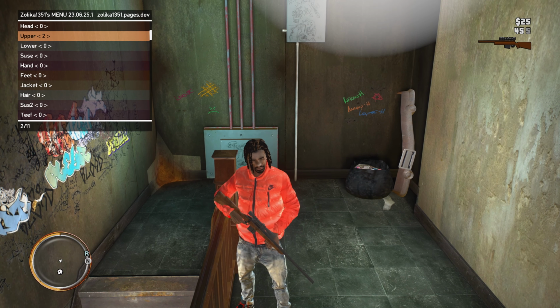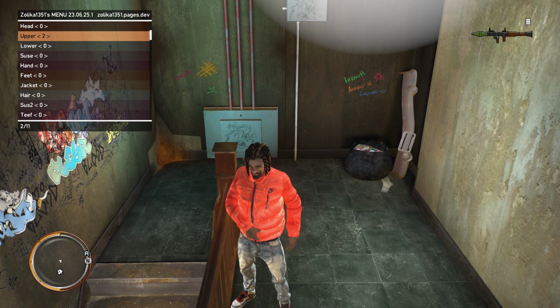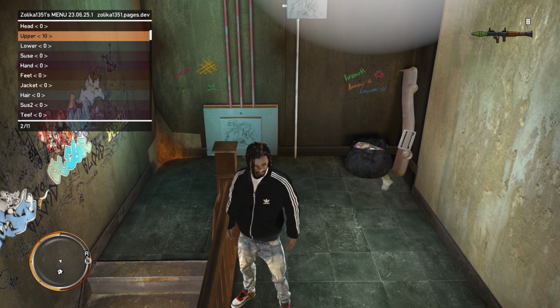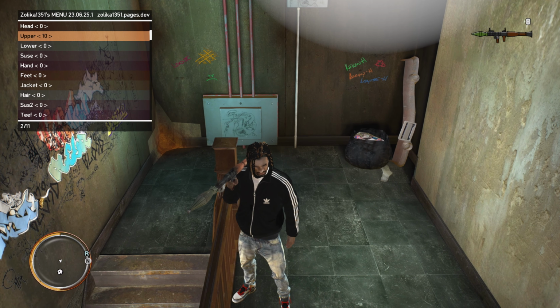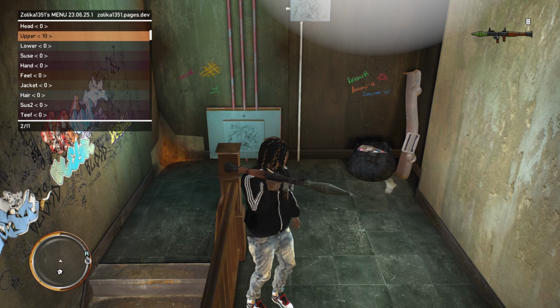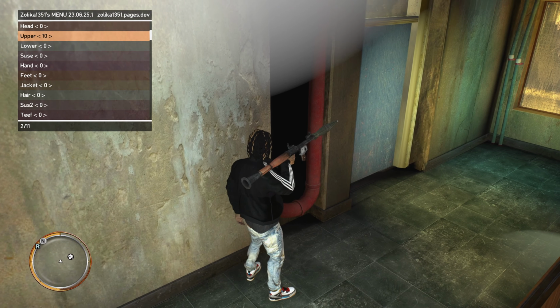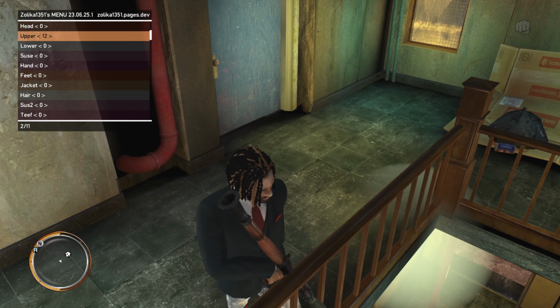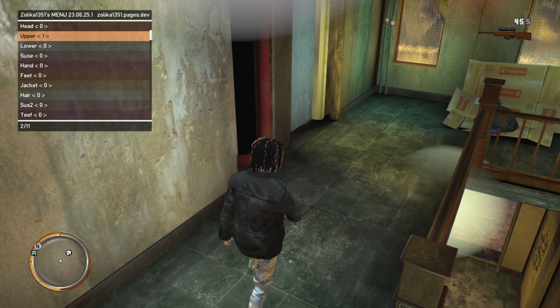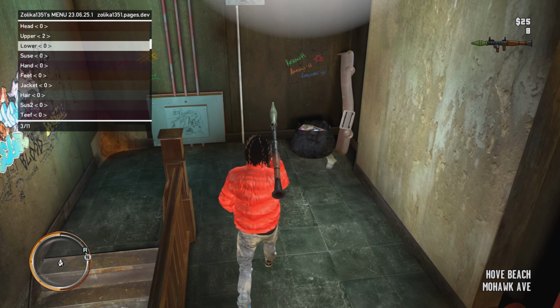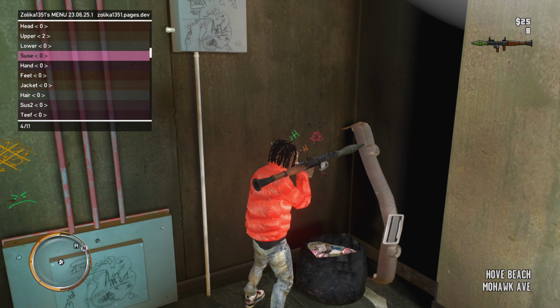This is what I was talking about when I said the game could crash now. So you're safe here when you go to the right, but when you go to the left, you're gonna see an Adidas jacket, which is right here. You don't want to go past 10. See how this is upper 10? Yeah, you don't want to go past 10. If you go to the left one more time, your game will crash. So you could wear the jacket, it's cool, but I wouldn't go past 10 at all if you don't want your game to crash.